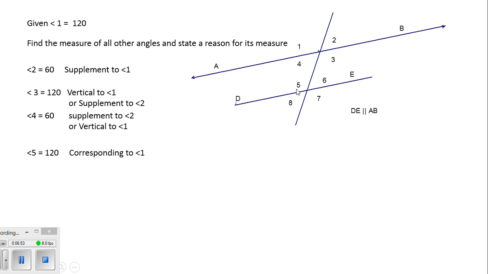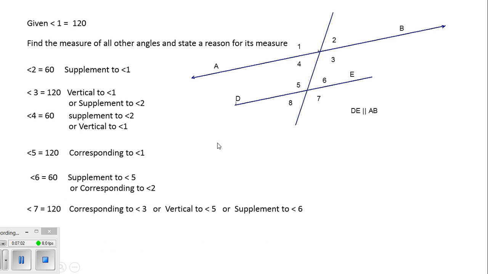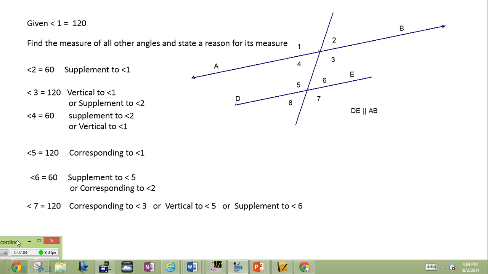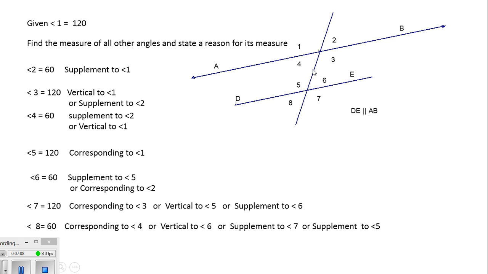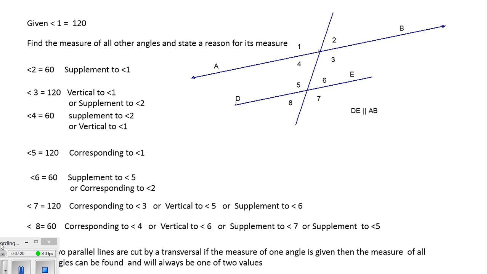So now we have 5, this angle down at the bottom. We know every other angle down here. Every other angle is either 120 or 60. Here they come, and there are the reasons. No big surprise. We've got every angle in that picture strictly by knowing that we had parallel lines, a transversal slicing through them, and one angle, and with that postulate from the previous page,